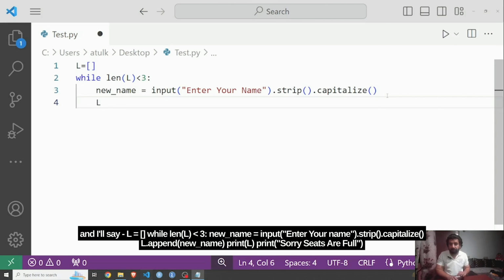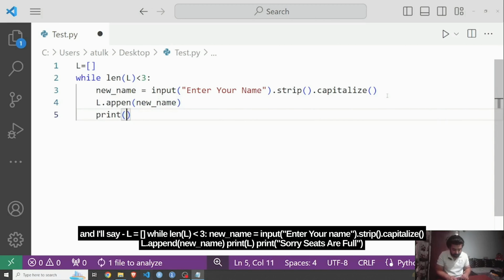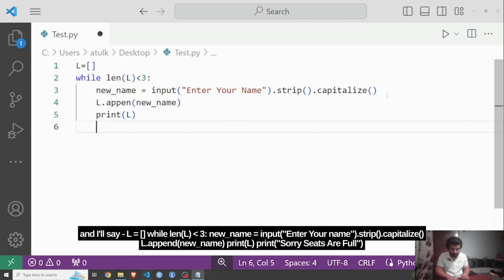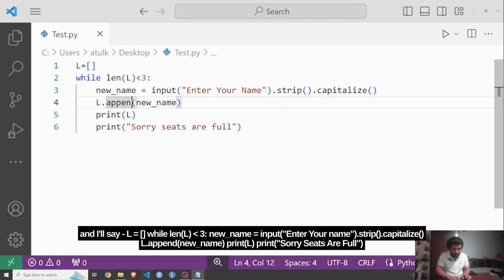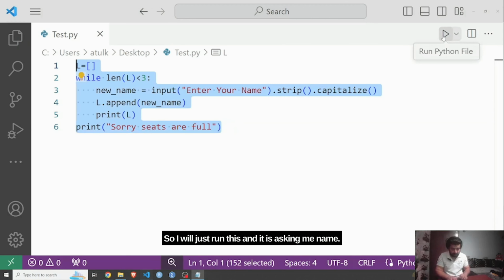Now I will write L dot append new name, and once the loop is finished, I will say print L. So whatever the user is entering in the list, it should come up, and then we say print sorry seats are full. So I will just run this,